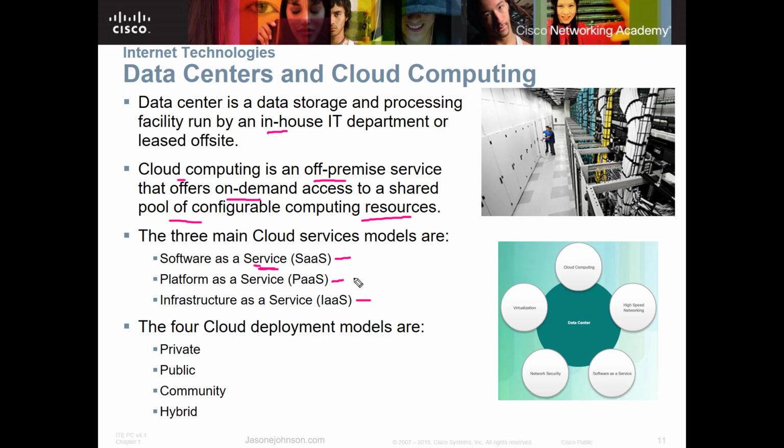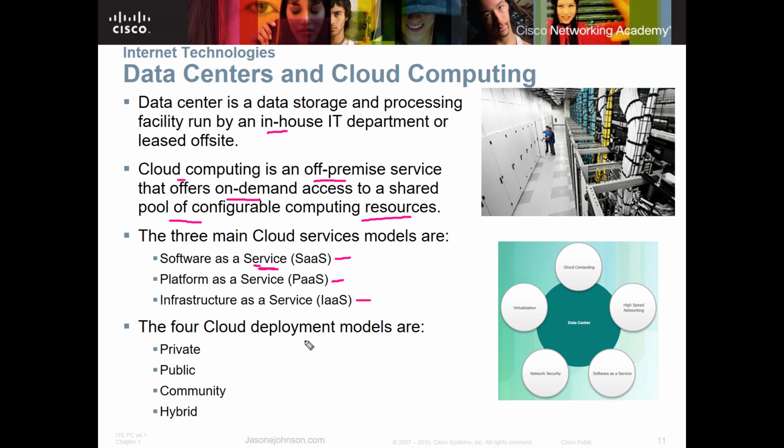A platform would be where you would set up your file server, or you'd set your servers up on the internet, and then you would have your platform there. And then your infrastructure is where you would actually have your hardware, or you would use someone's hardware to set up, and you could set up virtual machines and things like that in the cloud.